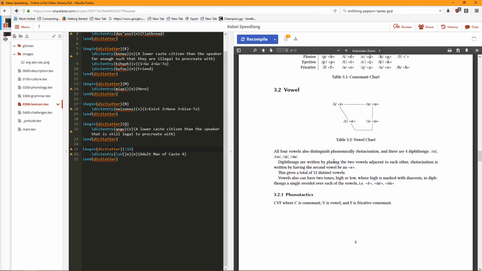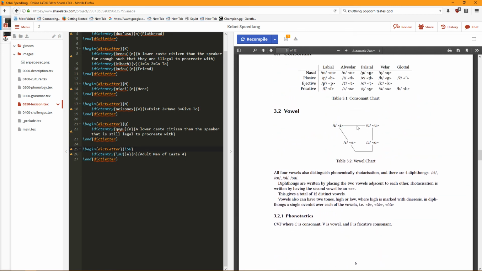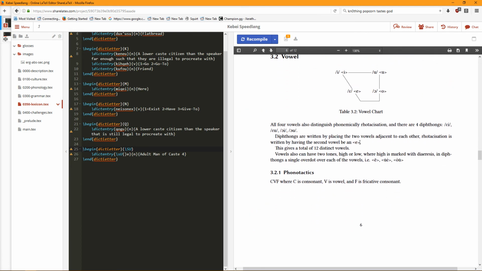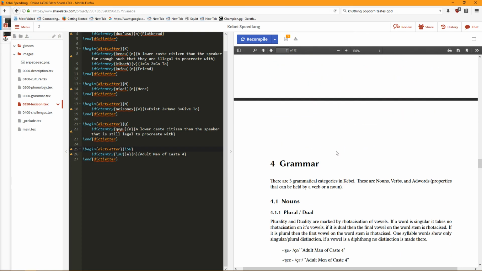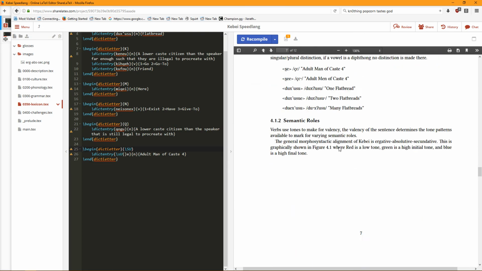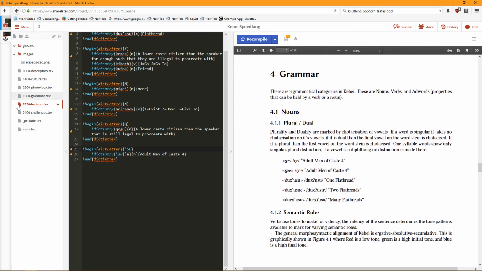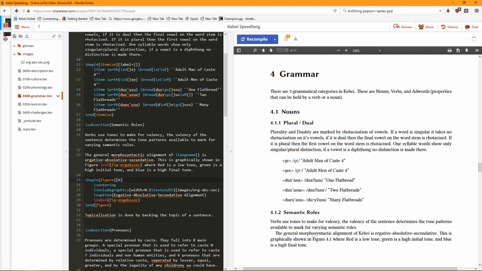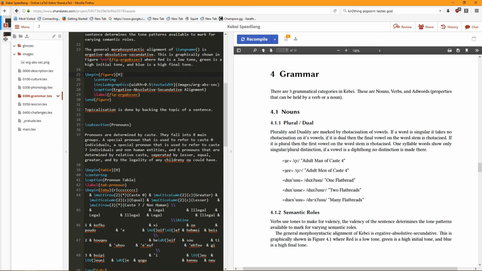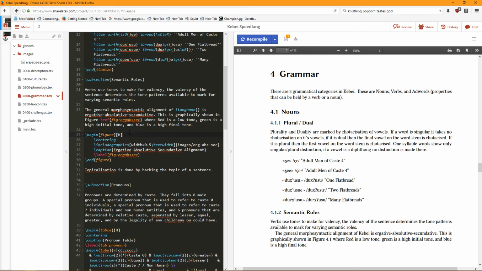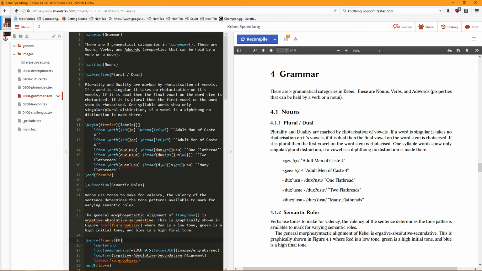Meanwhile, I messed up somewhere. Where did I forget a close bracket or something? It's just the font being mid. Okay, so the next thing that I need to do is, I want to do some rewrites to make this grammar section clearer. So there are no longer 3 grammatical categories, there are 2. Okay, seriously, where did I mess up? Please recompile so I can actually see the error.